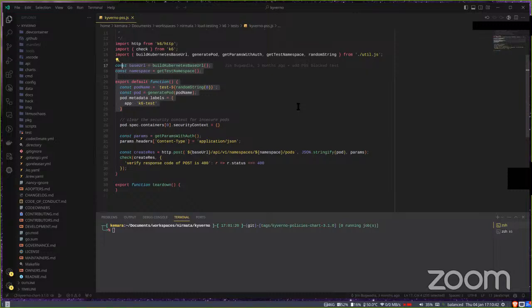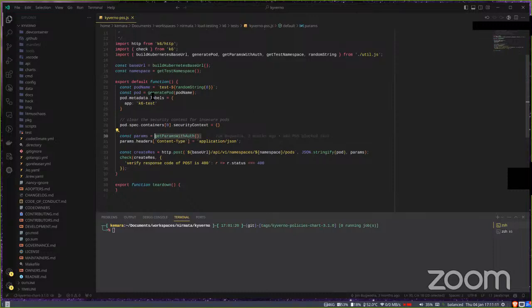So these lines are some helper utilities. We don't need to focus on them. They are getting the base Kubernetes URL. This is irrelevant to the test itself, but it's helpful to send the request to the API server. It's also coupled with this line, which gets the parameters to authorize to the API server. Again, irrelevant to our test. It's just some helper utilities. The core of the test is